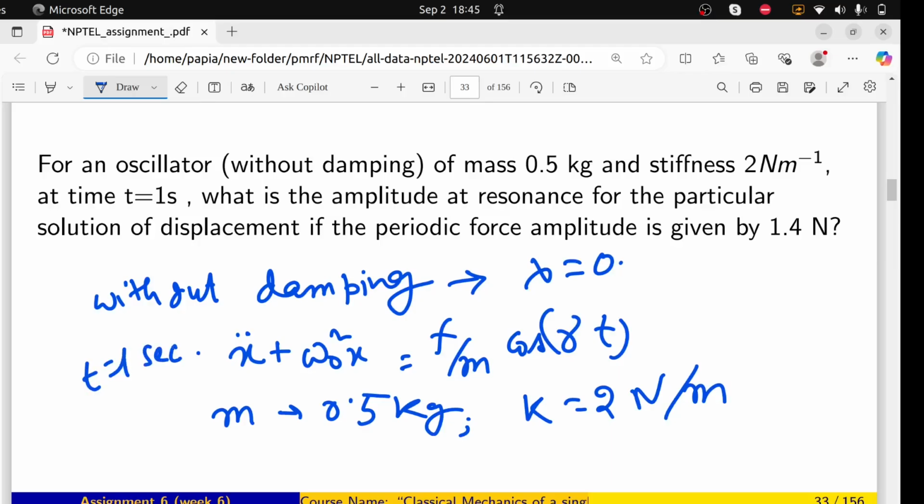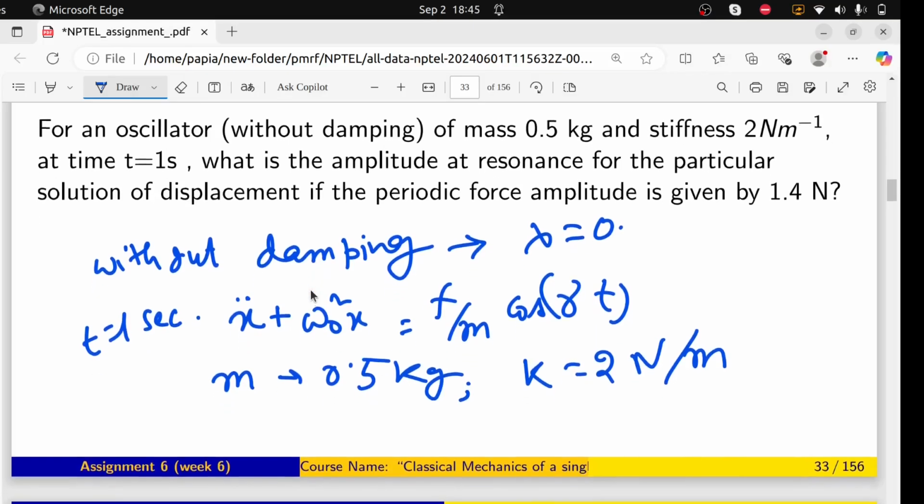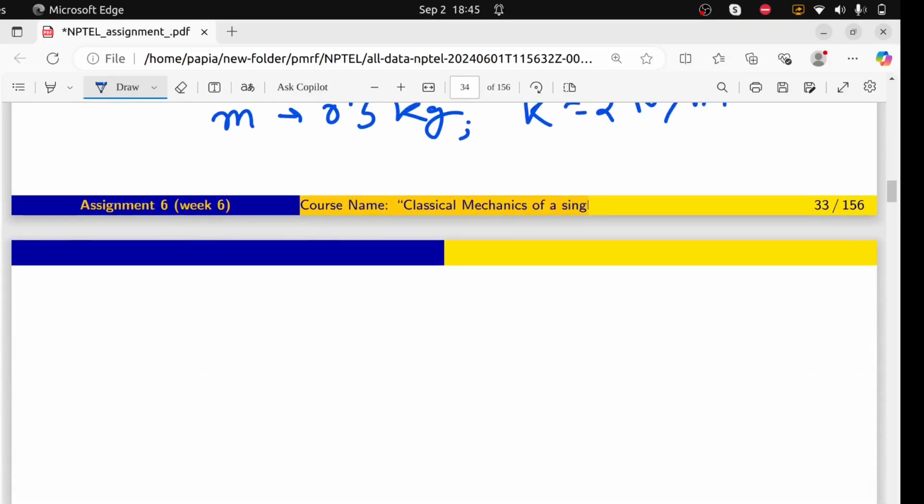What is the amplitude at resonance for the particular solution of displacement if the periodic force amplitude is given by this? Okay, so first of all, what is the solution? The solution is something xcf plus xpi. So this is the solution, and xcf is there and xpi is there. If I talk about xcf and xpi collectively,